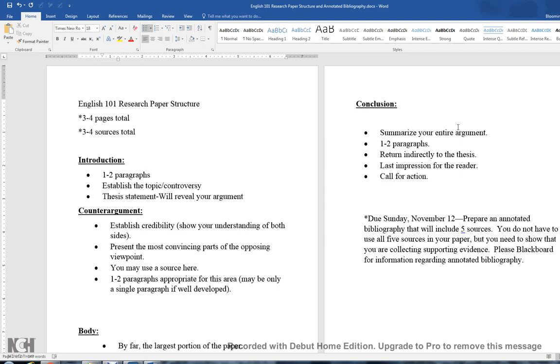Now, the conclusion summarizes the argument, 1 to 2 paragraphs. Return indirectly to the thesis, and that is not restating the thesis word for word. You don't want to do that, but you want to return to the spirit of the argument and the thesis that you've structured, bearing in mind that it is a last impression that you will be able to give for the reader. And this call for action is something you can look a little more closely at as you begin